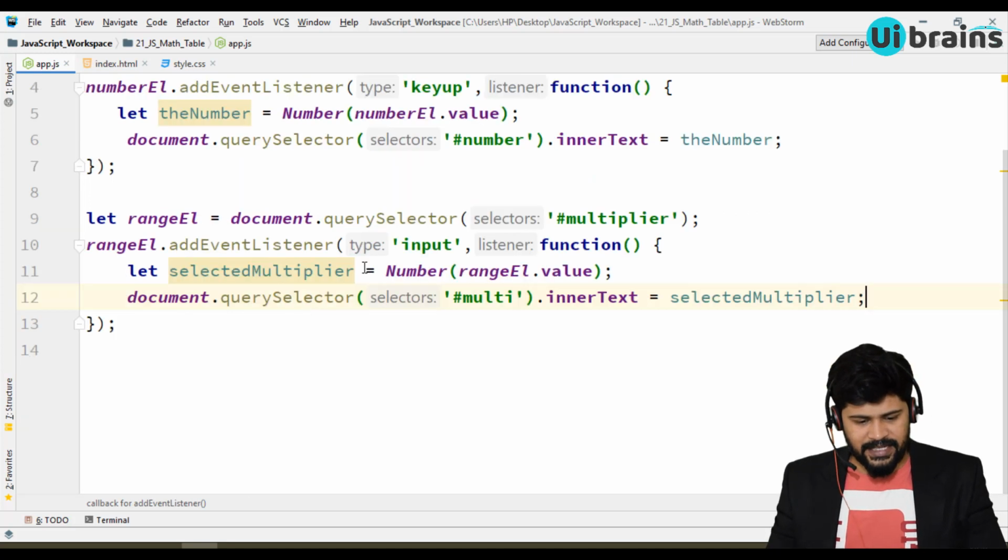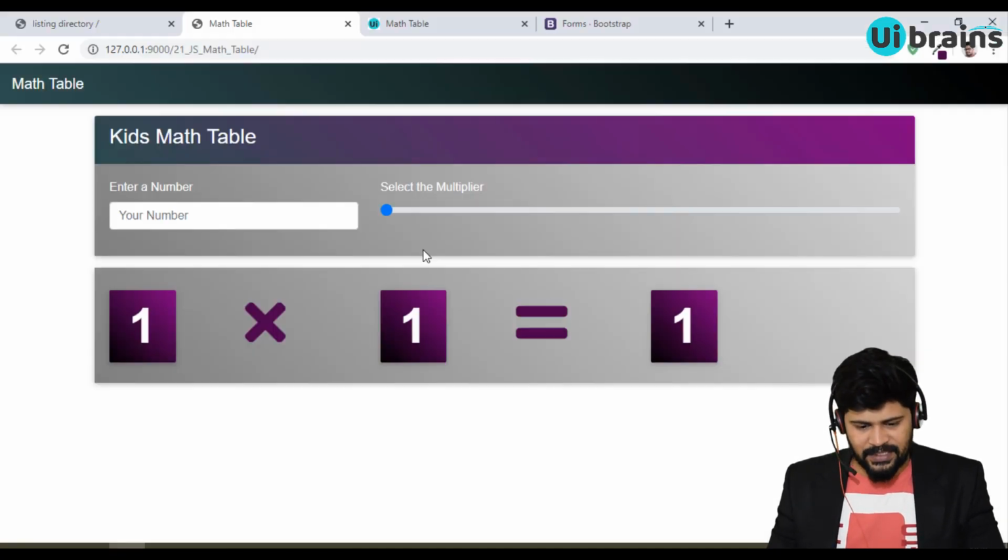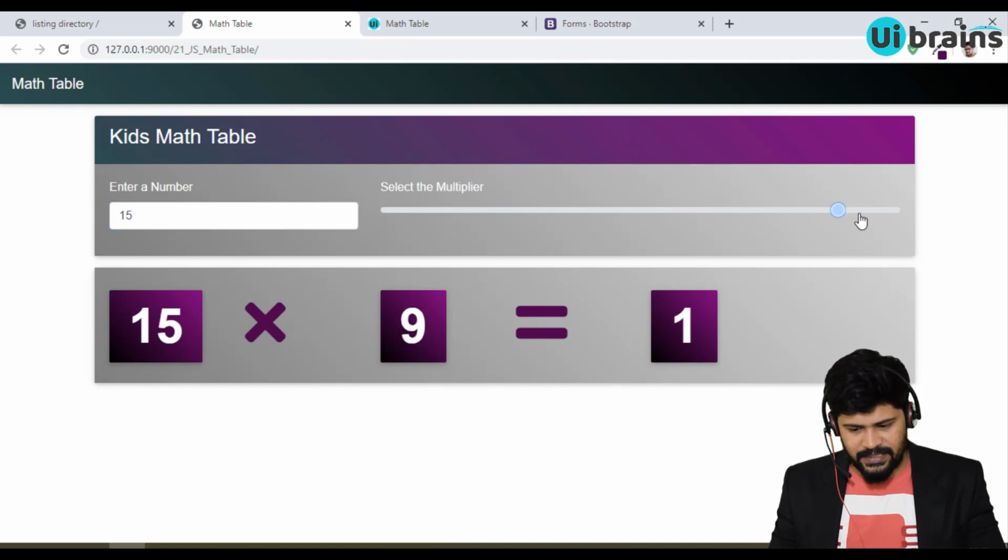So we have also made this part. Let's check now. When I move it, see, it starts from 1 to 10. Here whatever number you enter is shown this way, and this is also updating.